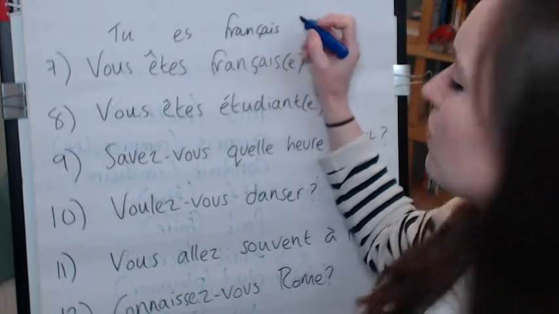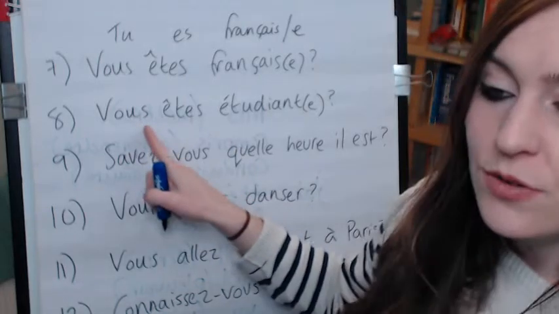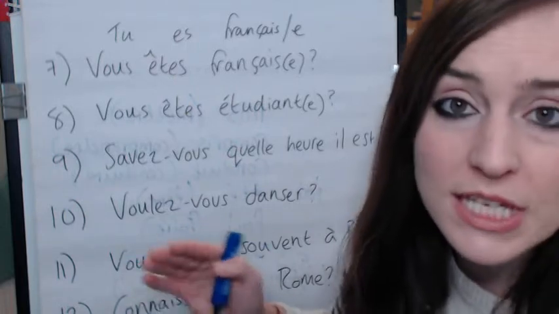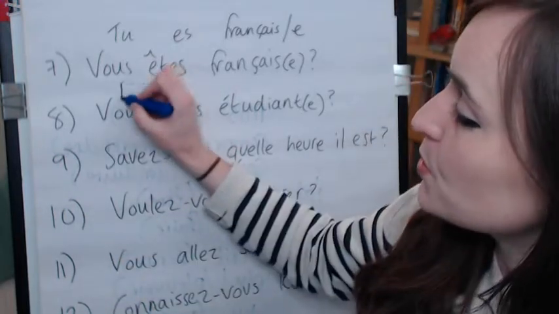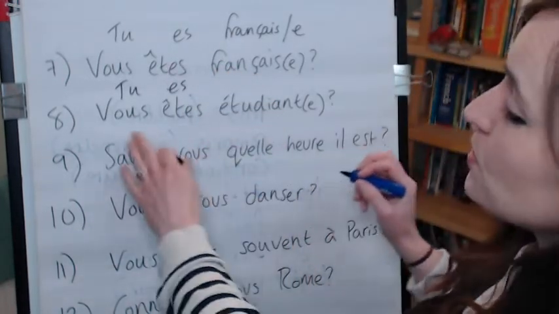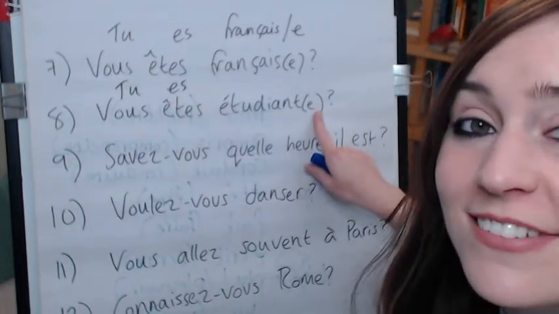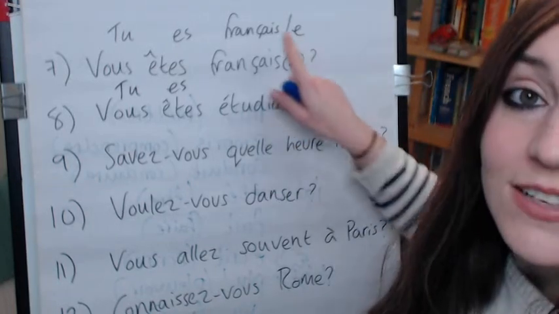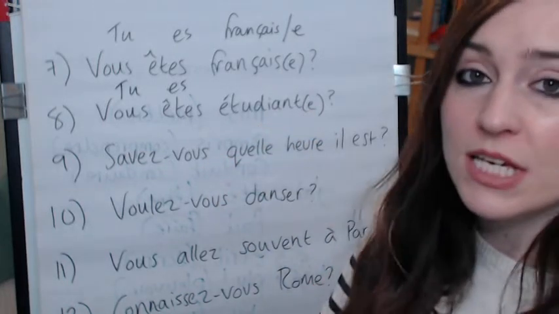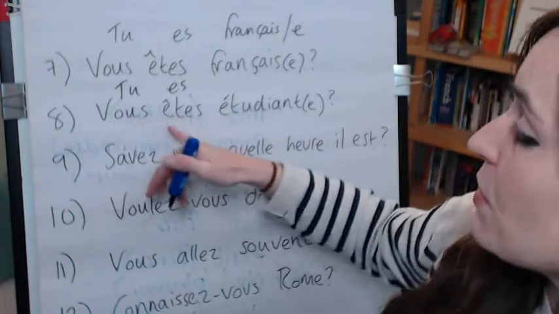Oui, je suis français. Oui, je suis française. Okay, so you can see wherever there's a vous êtes in the plural or the polite form, it becomes tu es in the singular form. Tu es étudiant. Tu es étudiante. Étudiant, étudiante. Français, française. So the adjective can have an extra E on it depending on the gender of the person you're addressing. However, the main thing here is that the verb is être,